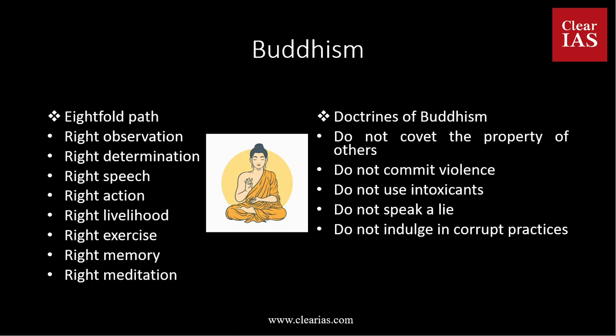The doctrines of Buddhism were to not covet, to not desire the property of the others, to not commit violence, to not use intoxicants, to not speak a lie, because Buddhism considered lie an abomination, and similarly to not indulge in corrupt practices. So again, we see that for Buddhism, it was very important to keep non-violence at the center, and this non-violence translated to a better behavior towards animals and to put them to a better use in agricultural practices, and hence